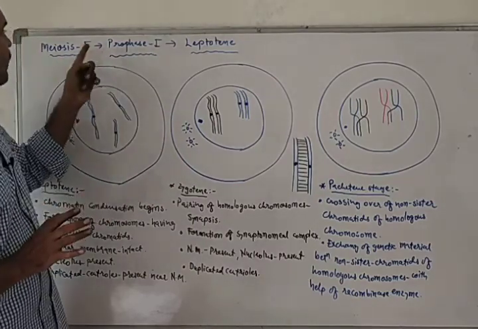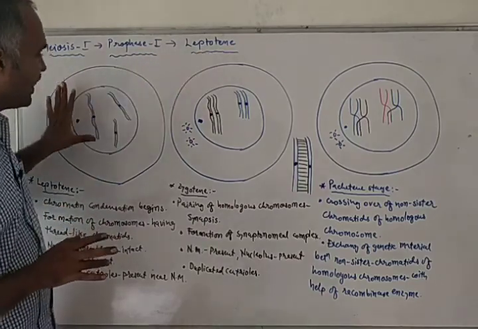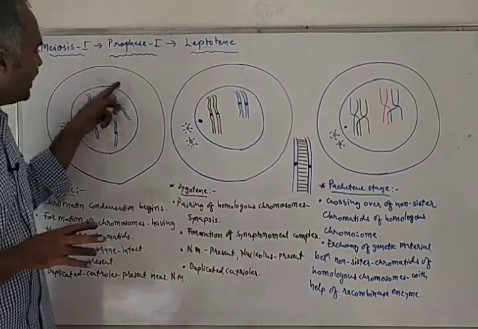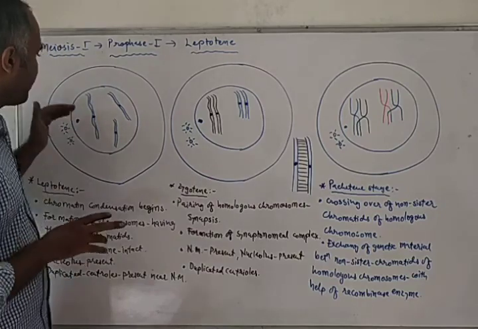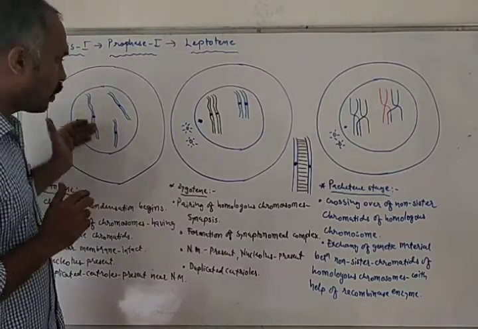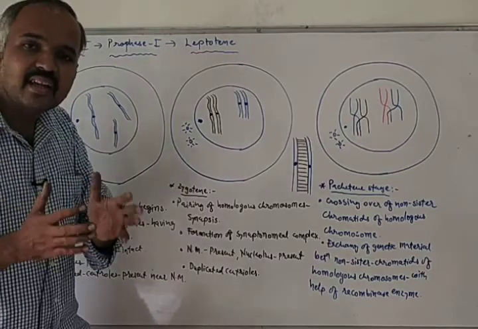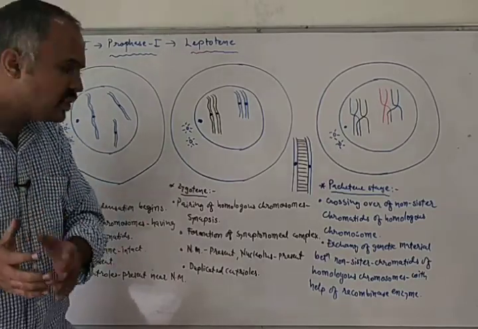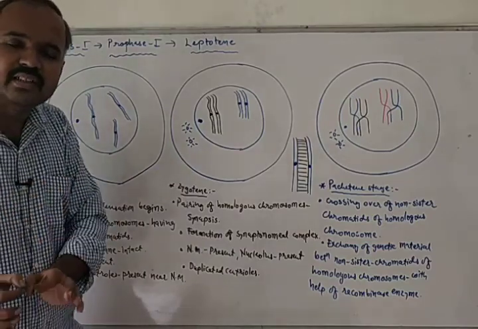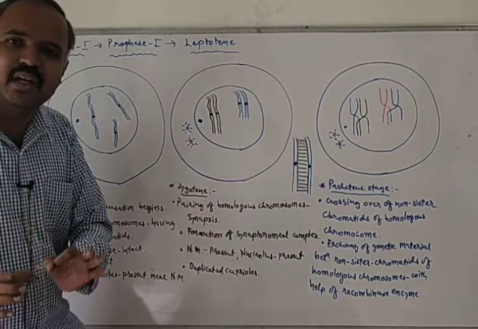Okay, we are learning prophase 1. In that we have started with the leptotene. So this is about the leptotene stage. What has happened? Duplicated centrioles are there, nucleolus is present, intact nuclear membrane is there, chromatin condensation has just begun, and the chromosomes are light in color, and they are thin in shape. They are made up of two thin chromatids which are held together by centromere.